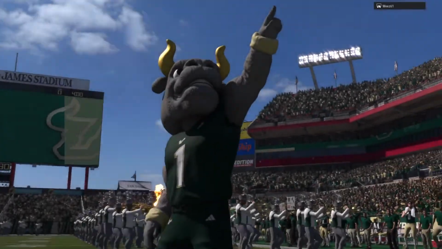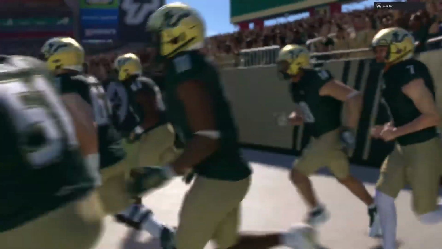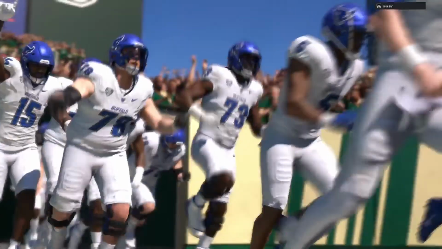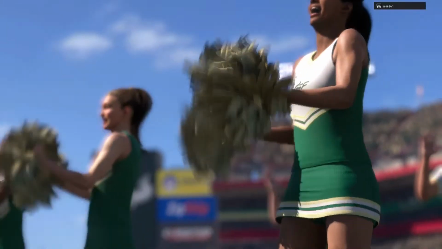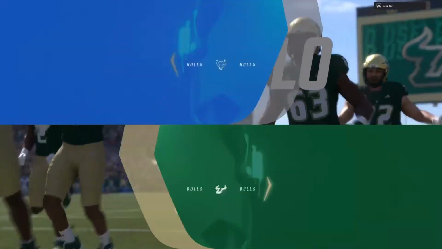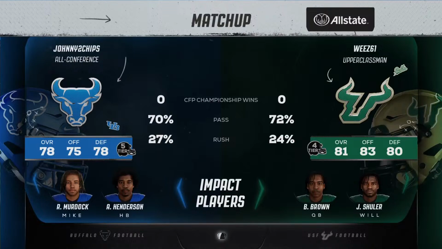Welcome, everyone, to the home of the USF Bulls, Tampa, Florida, and Raymond James Stadium. As we'll see a squad from the MAC, the Buffalo Bulls, taking on a squad from the American, the South Florida Bulls. For EA Sports College Football, Reese Davis with you alongside David Pollack and Jesse Palmer. And guys, can't wait to get this one started.